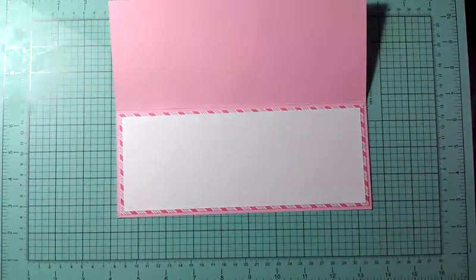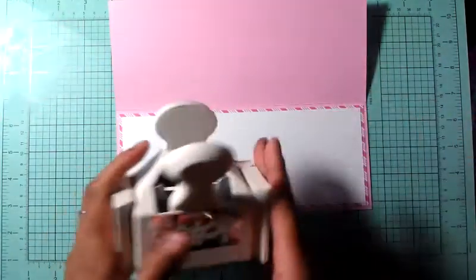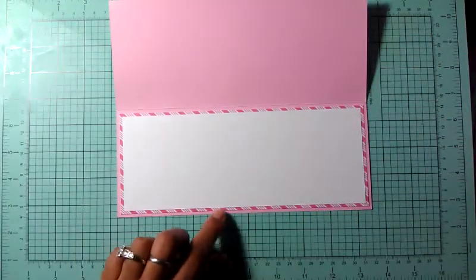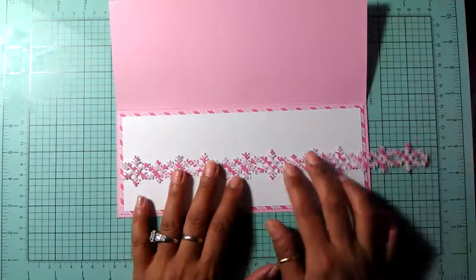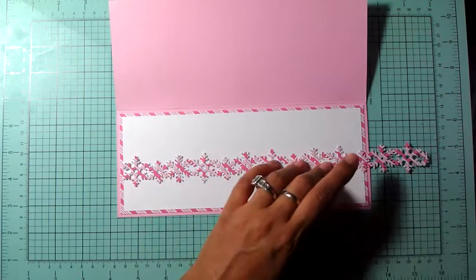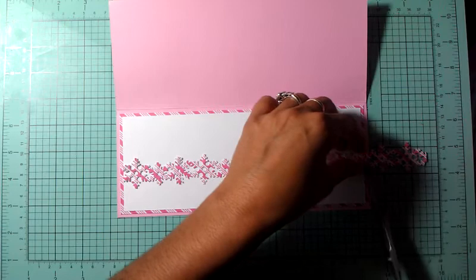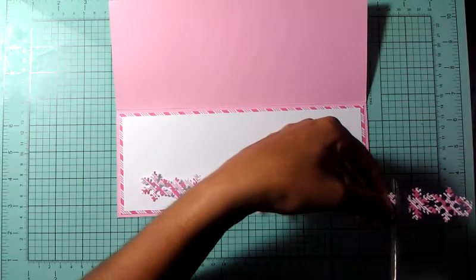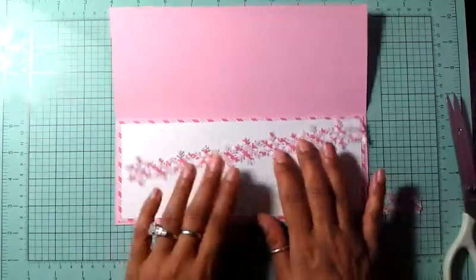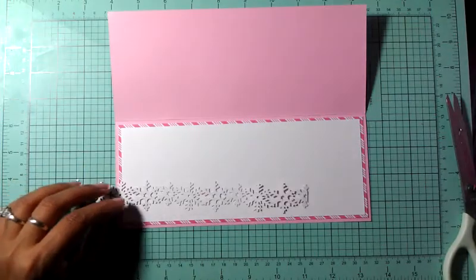Now I end up using my snowflake trim from Martha Stewart. This is a deep edge punch, and I end up cutting it out of the same pattern paper I have here. So there it goes right there. So I'm just going to adhere this down, but I was supposed to cut this before I glued it down, and I forgot. So let's do that right now. I think that should be perfect. Yes, it is. Okay. So now I'm just going to use my zip two-way